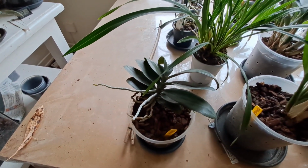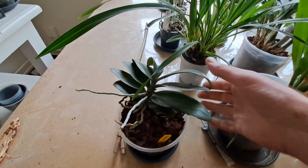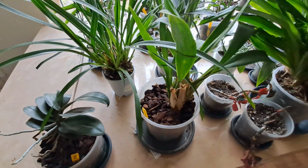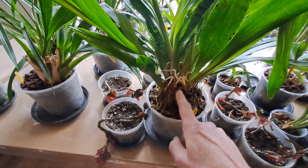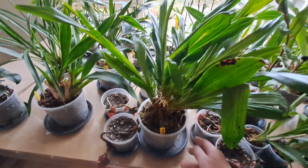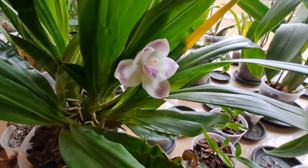A store-bought Phalaenopsis, and I moved it from the window to the back, and I think it will like it a lot more. Oh yeah, Pescatoria Diana, in desperate need of repot, but I ain't gonna touch it because look at that. And it's only one,